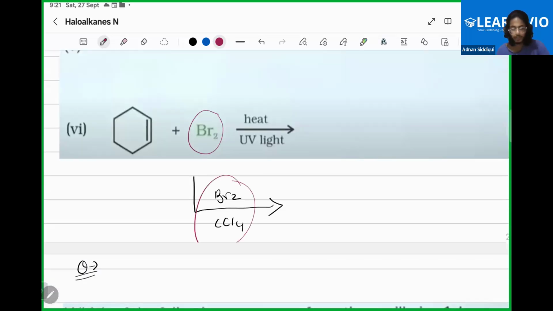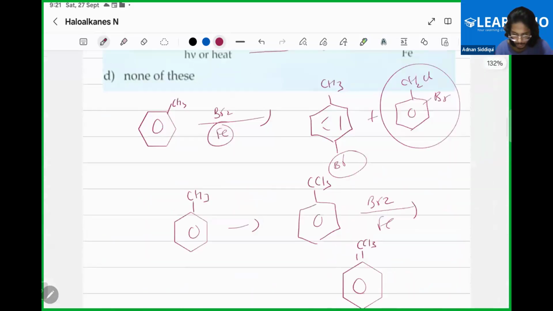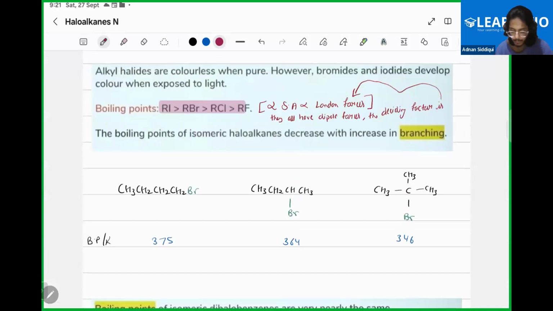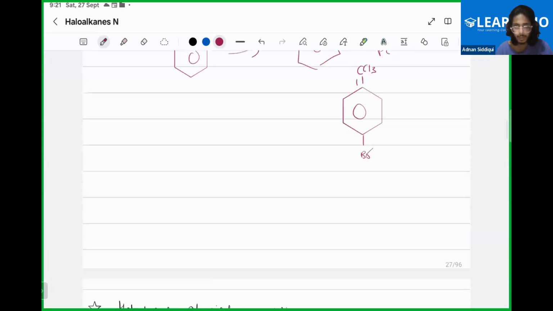And if I'm doing this, what should be the product? Bromine will add across the double bond. Simple, right? Yes. Okay. So we have a few more questions, but we will discuss this in the next class, that means tomorrow. But before tomorrow's class, you have two homeworks. You have to read about aromaticity, and you have to do the questions till this page. You have to do all